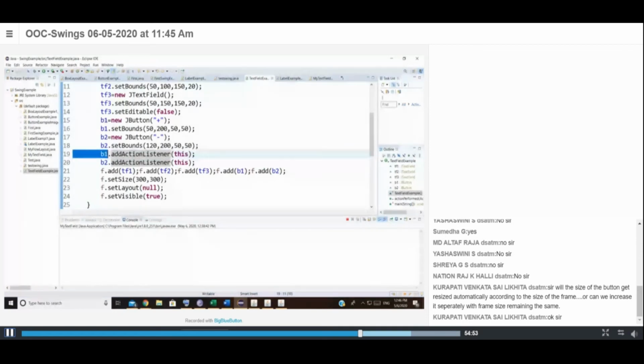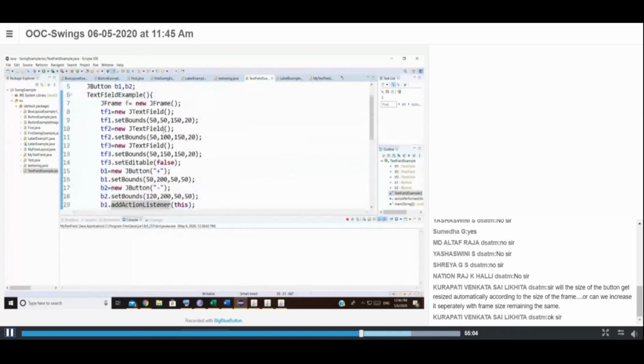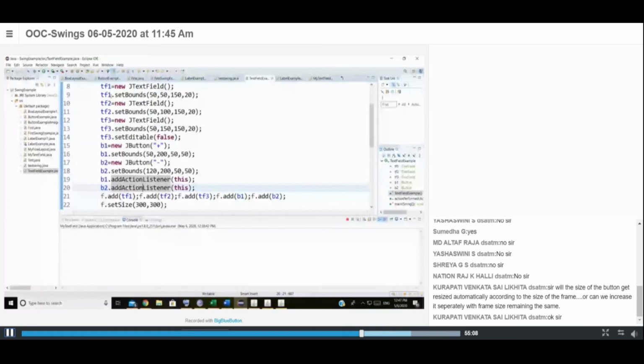Next, in this b2 button, if I click the second button, that is the subtraction button, I'm going to take the two values present in tf1 and tf2, subtract tf1 minus tf2, and whatever result comes, I'm going to put it in tf3.